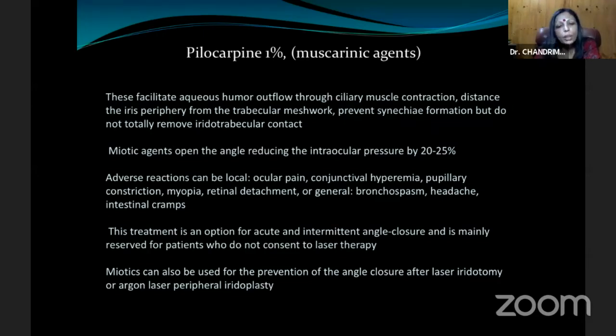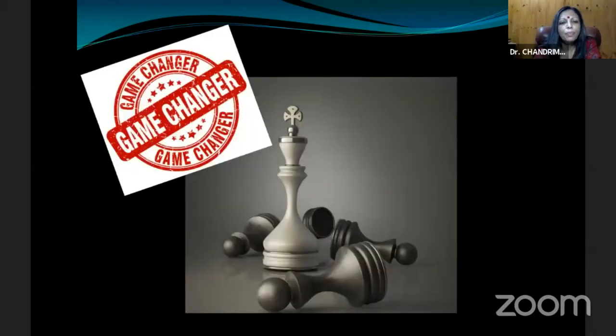Adverse reactions can be local. There can be ocular pain, conjunctival hyperemia, pupillary constriction, myopia, even retinal detachment, or a general bronchospasm, or headache, or intestinal cramps. Those are actually the maximum things that can happen. This treatment is an option for acute and intermittent angle closure and is mainly reserved for patients who do not consent to laser therapy. Miotics can also be used for the prevention of angle closure before laser iridotomy or laser peripheral iridoplasty. So next we move on to the game changer that we have today,